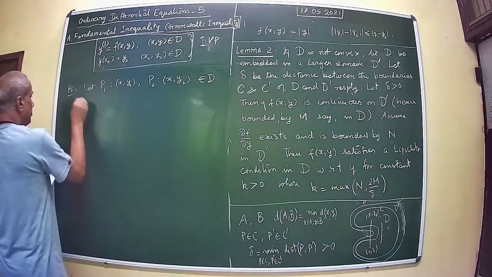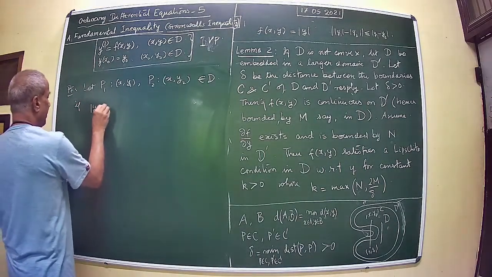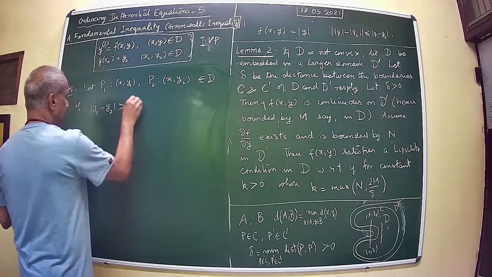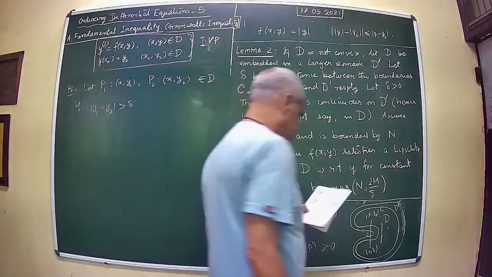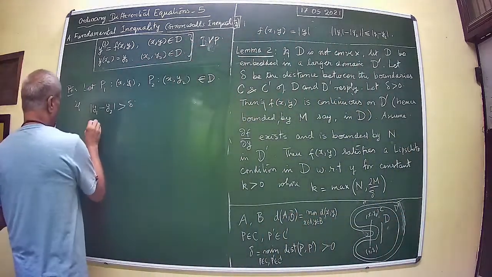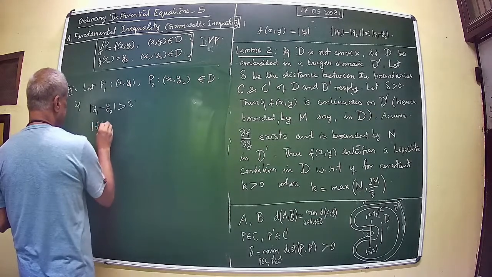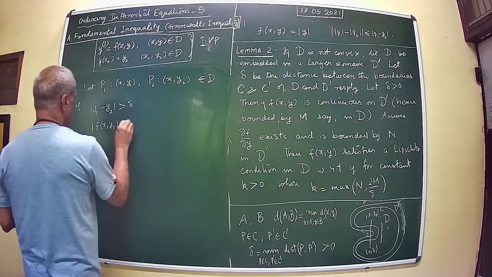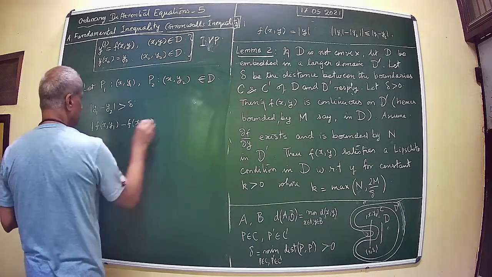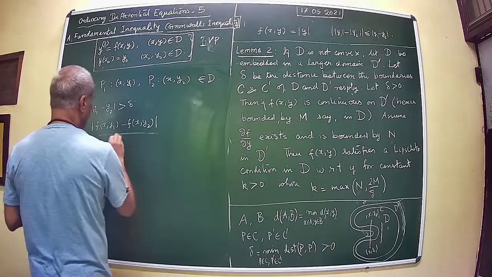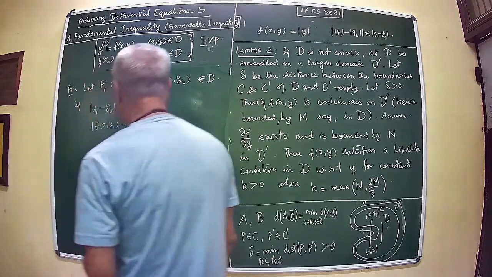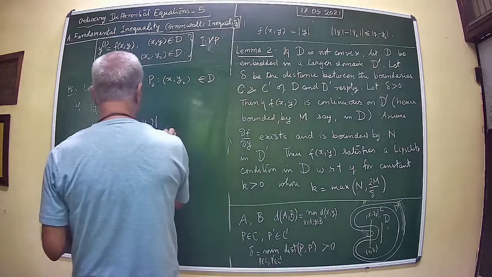If mod y1 minus y2 is greater than delta, then you can easily see that mod f of x, y1 minus f of x, y2, divided by mod y1 minus y2, and we have assumed that this is less than or equal to